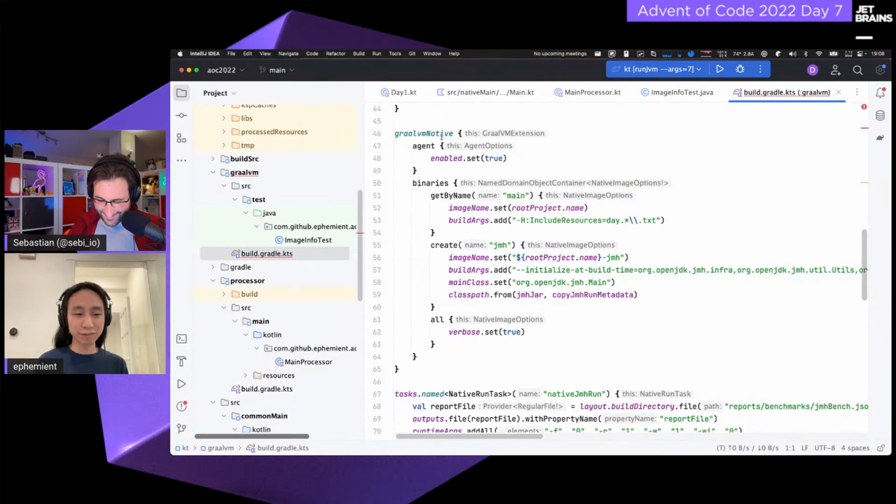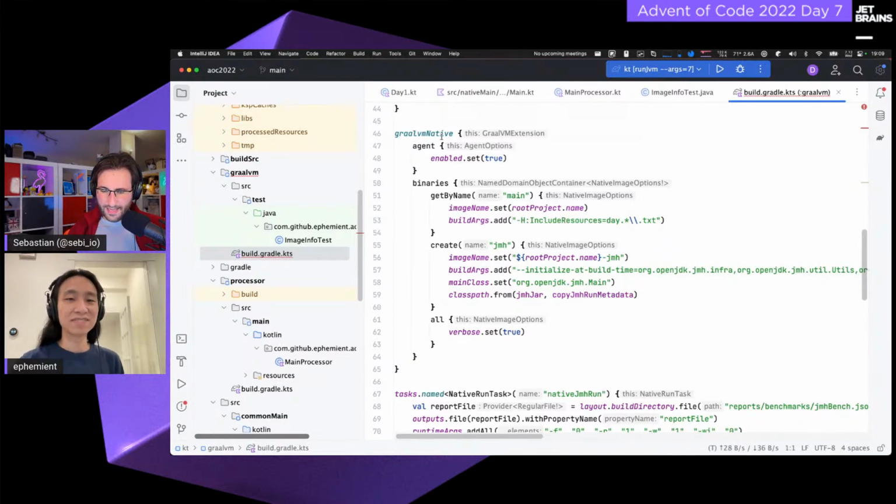Exactly. It takes your JVM program and it actually has to instrument it first. That's the agent that you see here in the build script. So it runs the JVM program once with an agent that is basically saying, okay, here's everything that I'm accessing reflectively, or here are all the resources I'm accessing, because those can't be discovered during static compilation. And then using that to feed back into its compilation process.